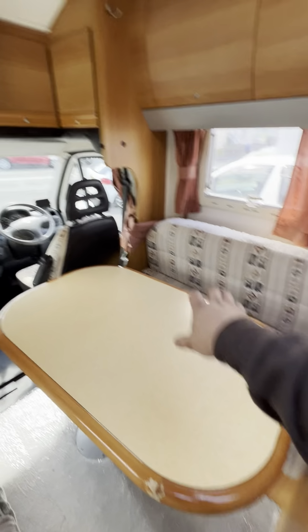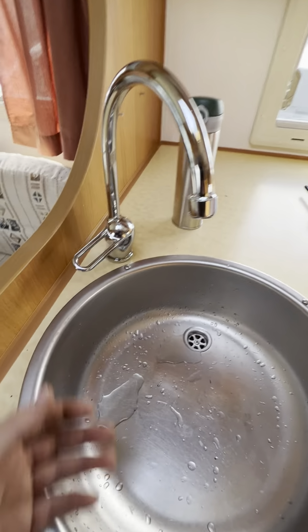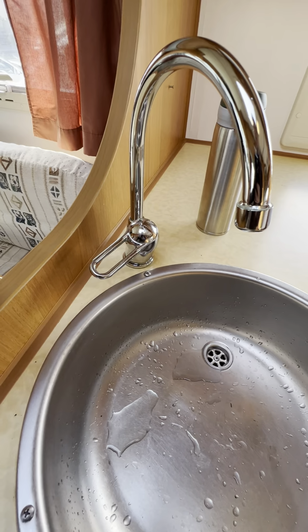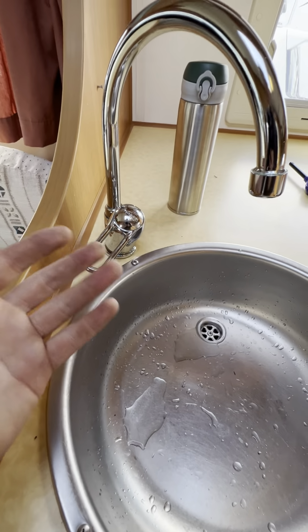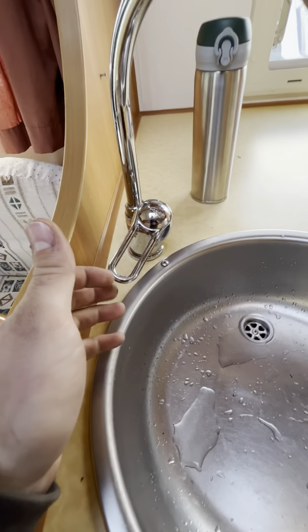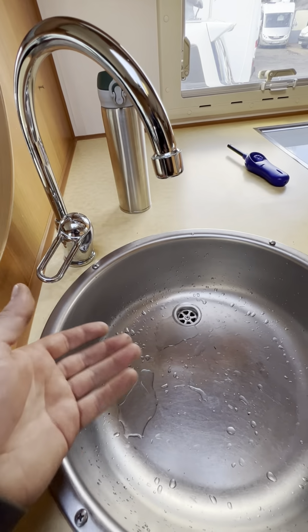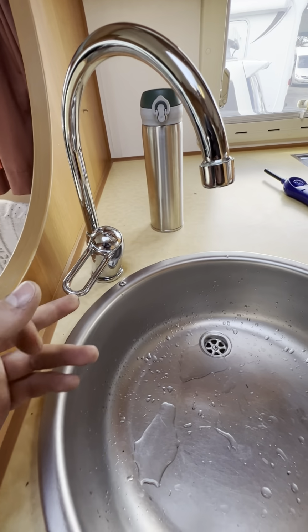But if you filled the water tank up with fresh water at that point that I showed you over there, turn your pump on. Basically the first thing you want to do before you start trying to use your boiler and things like that is switch your pump on and pull the tap on the left hand side. What you're doing by that is lifting the tap up and filling the boiler up. If the boiler is already full, you'll just get water coming out straight away at a decent pressure and the pump will turn itself off. If the boiler is empty,